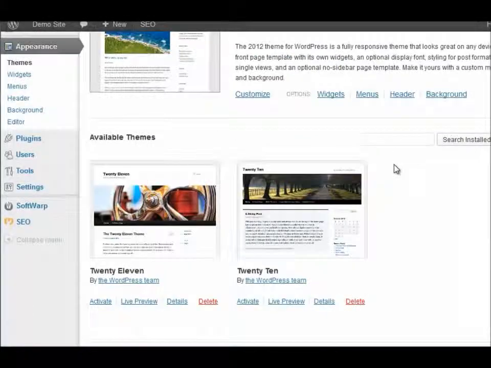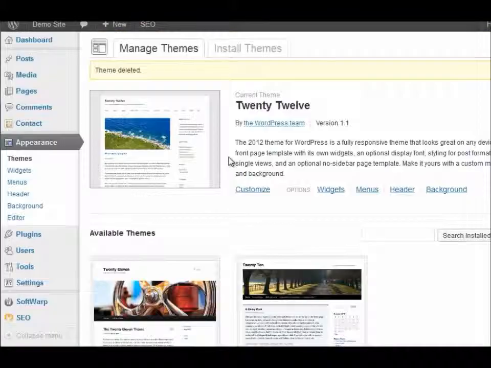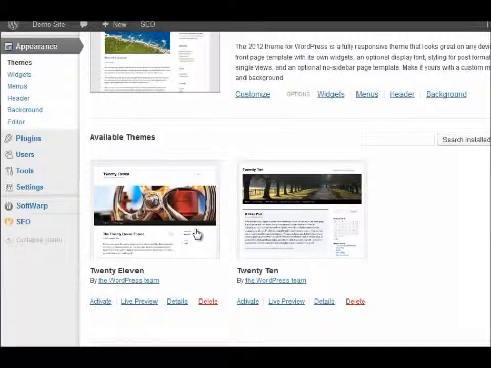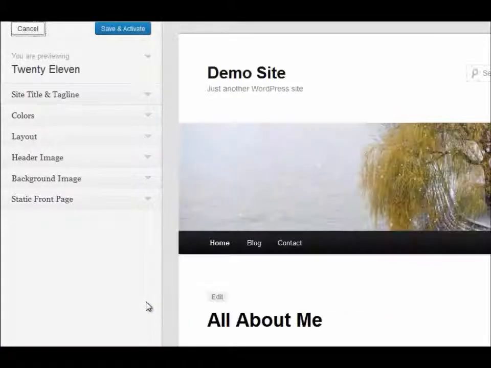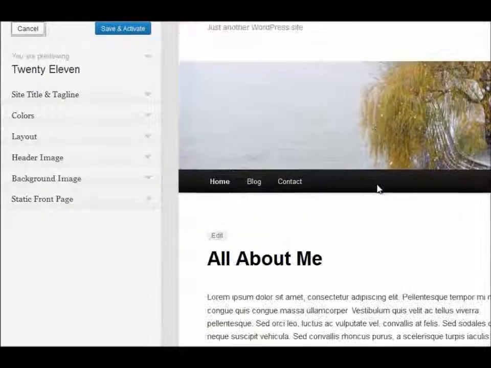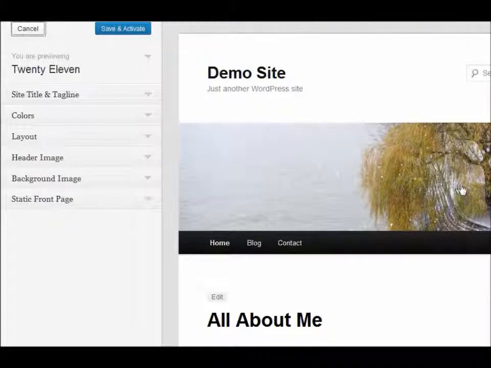If you've got, like I showed you with HostGator where it installed earlier versions, you'll have probably 2010 and definitely 2011 themes there as well. If it's gone straight to version 3.5, you won't. You'll just have the 2012 theme, the one that they're happiest with recently. But any other installed themes, you can click on the thing that says Live Preview, and it does what it says on the tin. It gives you a preview of what the site would look like,